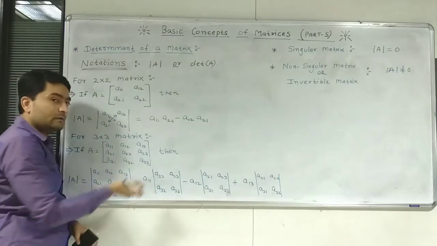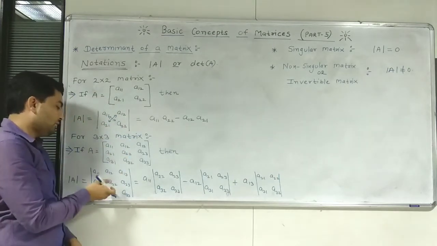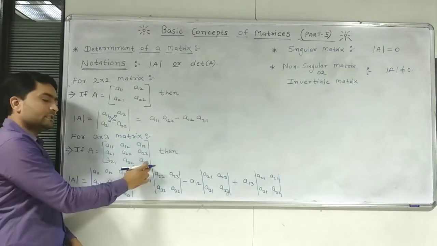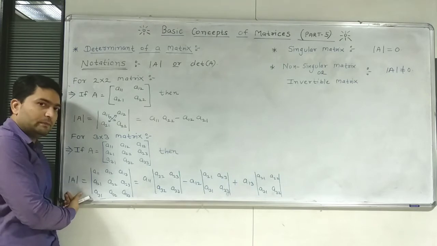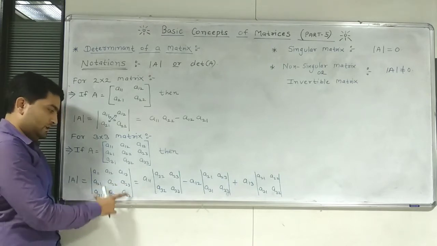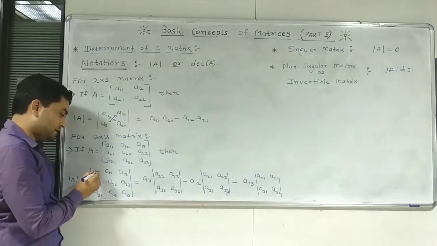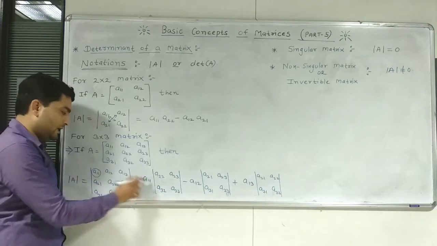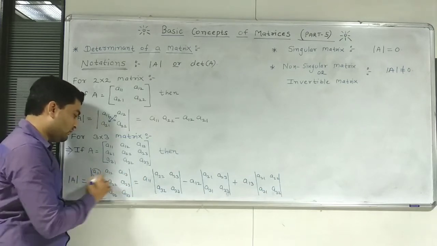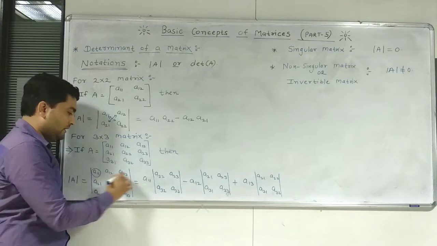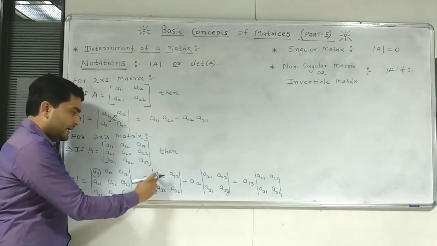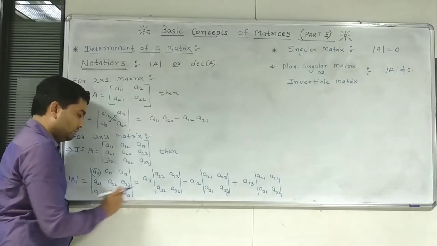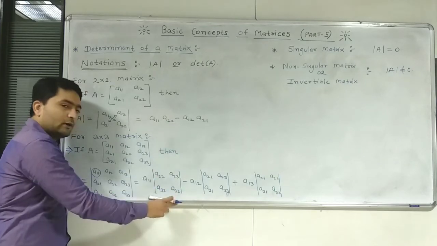Similarly, if 3 cross 3 matrix is given, then how to find out its determinant? For example, this 3 cross 3 matrix is given in general, so we have to find out its determinant. So determinant of A, it is the A11. So first entry, it is A11. Okay, now removing first row and first column. Okay, first row and first column को आपको remove करना है. Then remaining entries A22, A23, A32 and A33. So you have to find out its determinant.